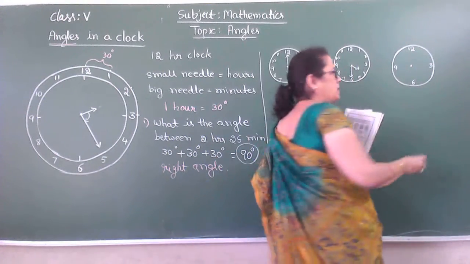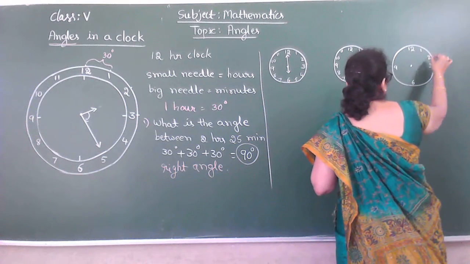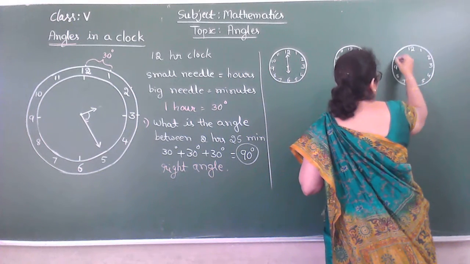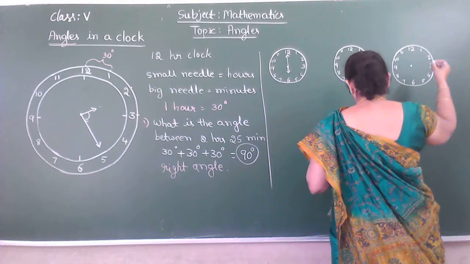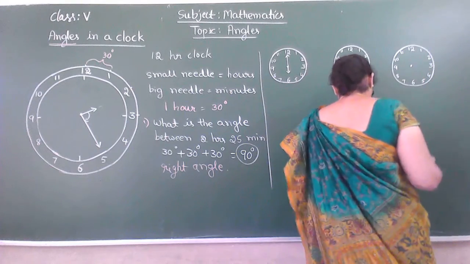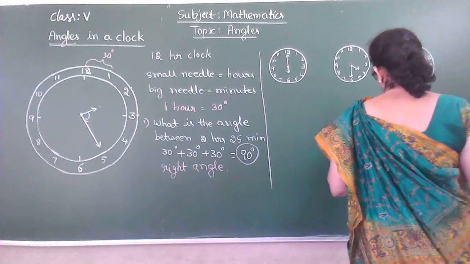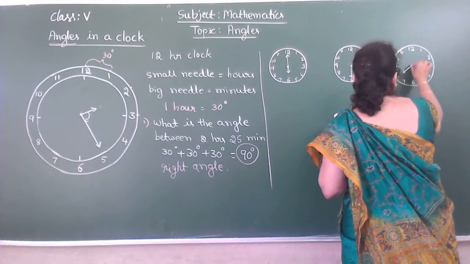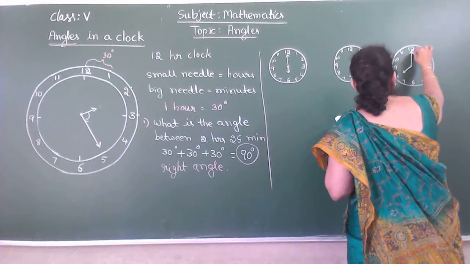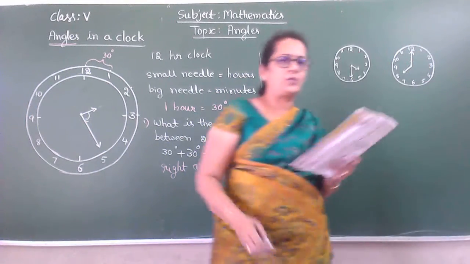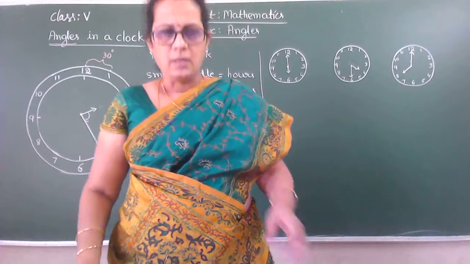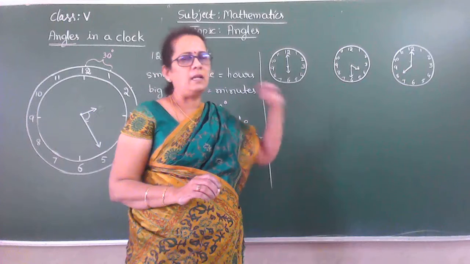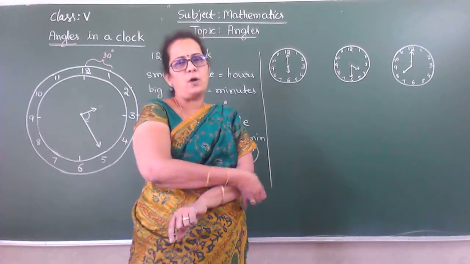In between numbers 1, 2, okay, 4, 5, 7, 8, 10, 11. Now I will write small needle is near 8 and big one showing 8. Now the question is, children see, observe the clock, okay, and tell me which type of angle